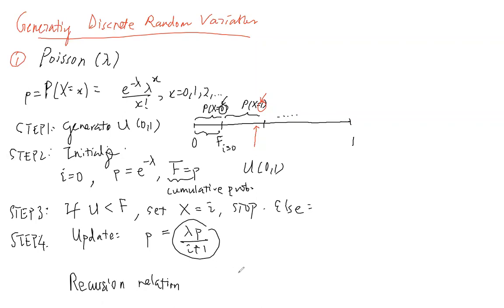For example, your P of x equals I plus 1, which is just lambda to the I plus 1 over I plus 1 factorial. This you can write as follows, by rewriting this, you get,